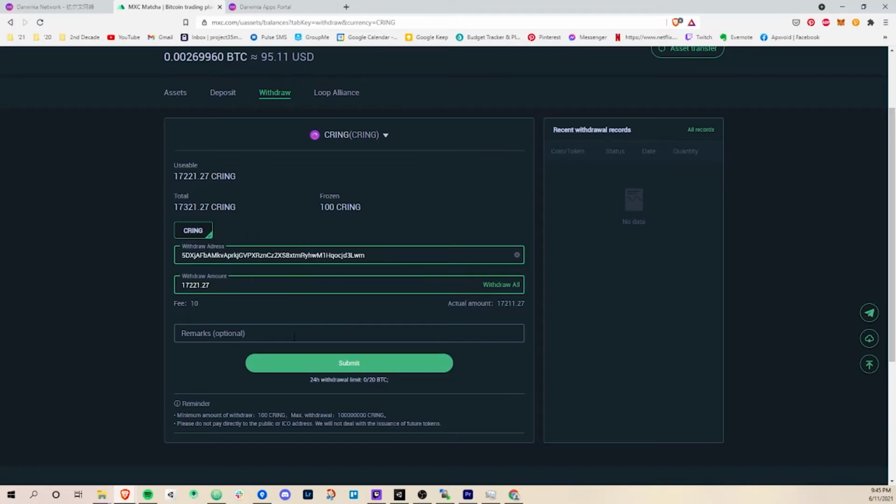I've already entered the address, and just double check that you are sending to the correct address, even if this is your second or however many time that you're doing this, because if you send it to the wrong account, you cannot recover your funds. I'm going to click on submit,